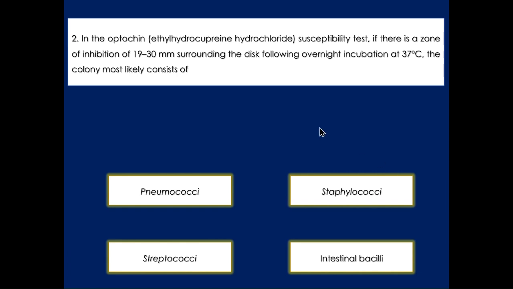2. In the optochin (ethylhydrocupreine hydrochloride) susceptibility test, if there is a zone of inhibition of 19 to 30 mm surrounding the disc following overnight incubation at 37 degrees Celsius, the colony most likely consists of